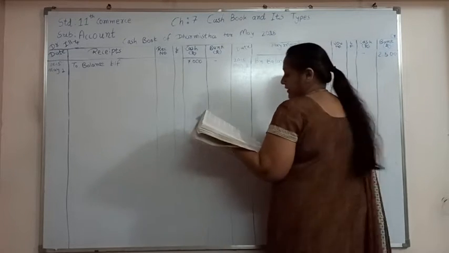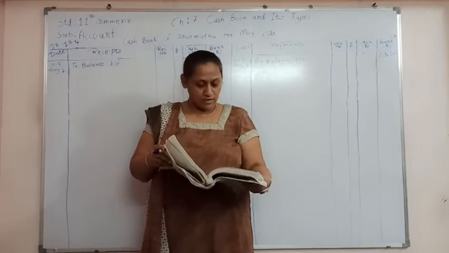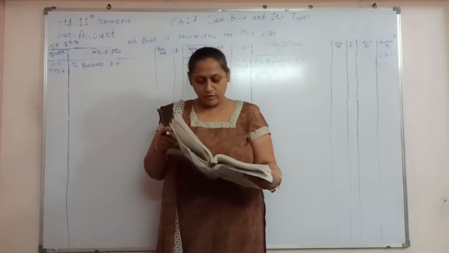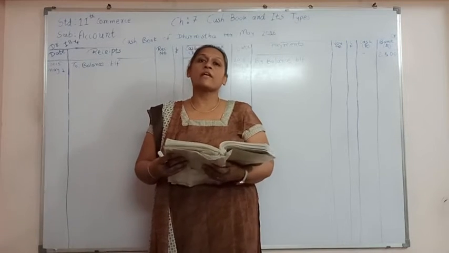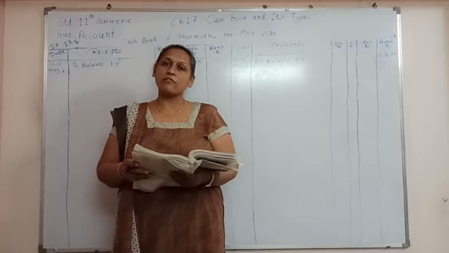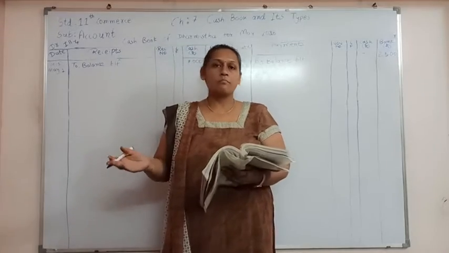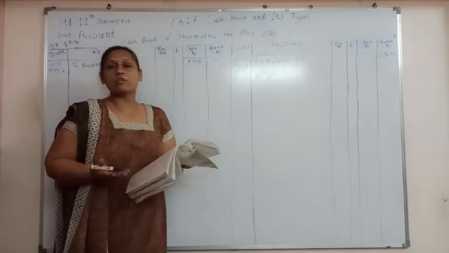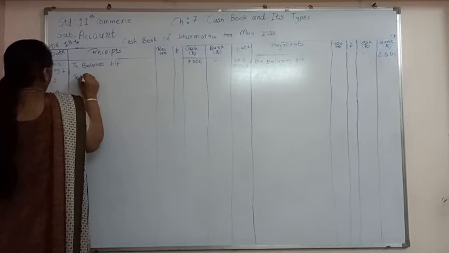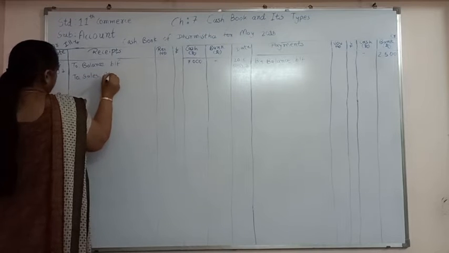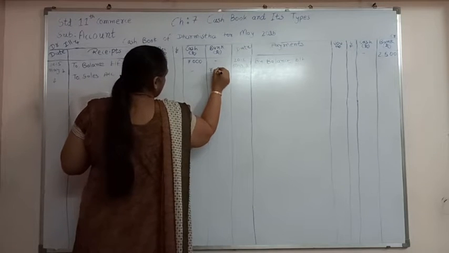Right. Now let's see the second date. Goods of rupees 7,000 sold to Urvashi. Cross cheque is received from her, which is deposited in the bank. So we have sold the goods, for selling goods we have received the cheque, and that cheque we have deposited in the bank. So for that, we are going to write on the debit side of the bank column, to sales, to sales account. And here we are receiving a cheque, so we will write in the bank column 7,000.